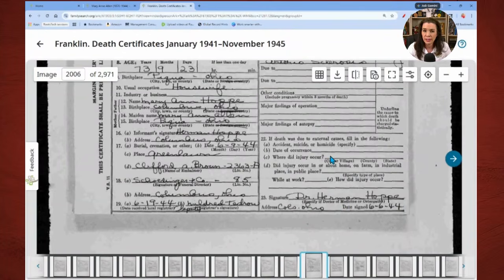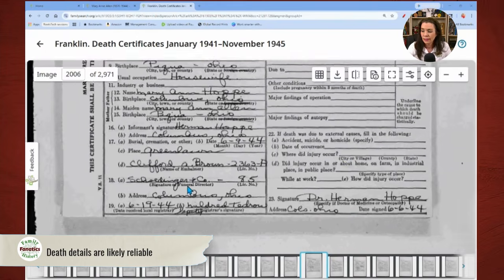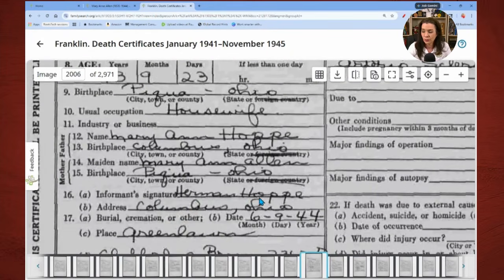So we often say the death information on a death record is probably the most reliable. Now, the informant, this person supplies the information to the governing agency that's creating the death record. But since this Herman Hoppe was either the doctor or a son or a husband,